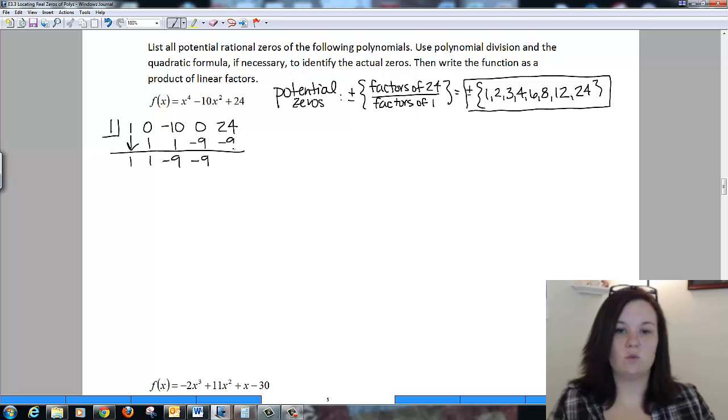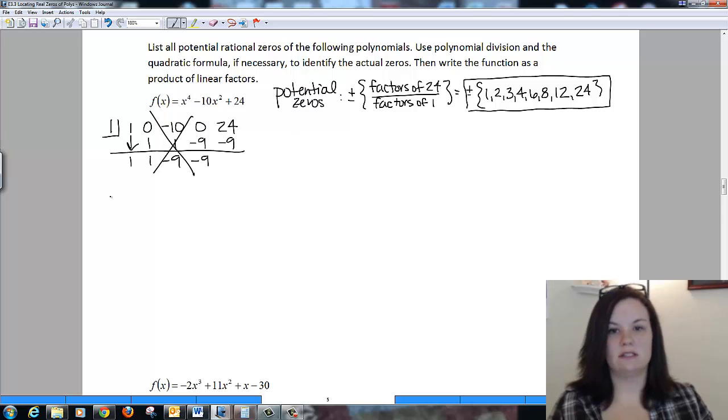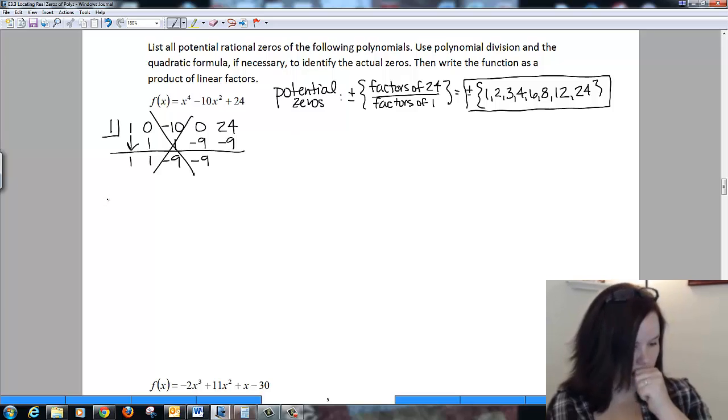Negative 9 times 1 is negative 9, which here is not going to equal 0. Okay, so this one doesn't work. So let's try another one. Let's try